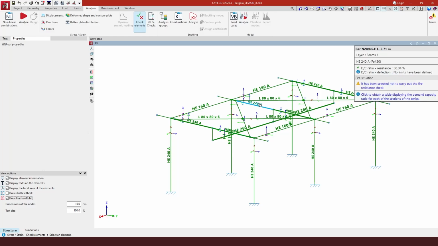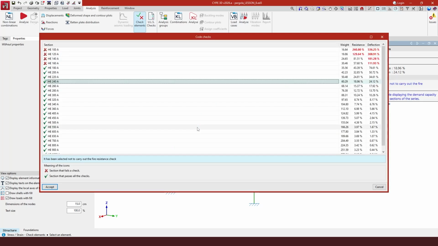So when we come to any other bar in this model, I can ask for the resistance ratio, but not the deflection, because we didn't set any limits. So here in the deflection, it says no limit has been defined. Next, it tells us again that we haven't carried out the fire resistant check. And if we click on the bar, instead of just placing the cursor over it, we can see